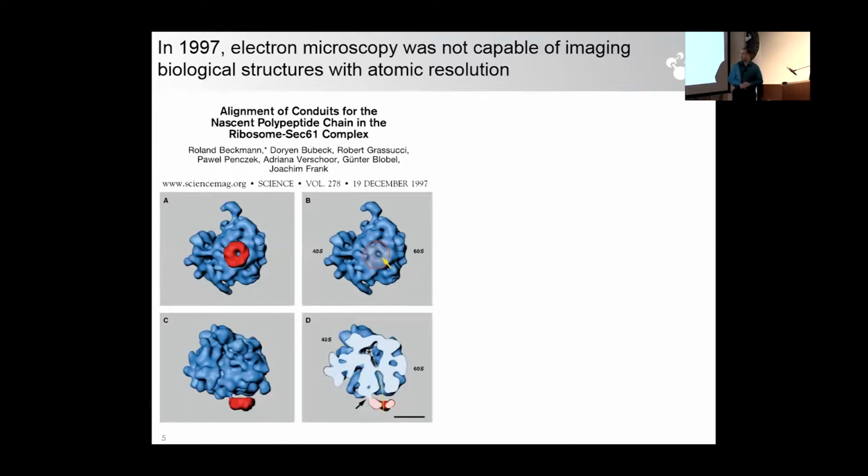And this is the ribosome. It's a very complicated multi-subunit complex that comes together to convert the code of DNA into proteins and enzymes that will actually be functional inside the cell in order to give rise to life. And at this time, instead of atomic resolution at 1 or 2 angstrom resolution,